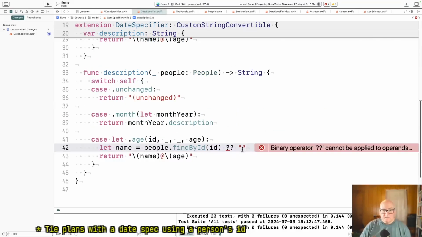Let's just put something there for now. No, I think I'm going to have a string to return this that's going to somehow indicate an error. Cannot be applied to.